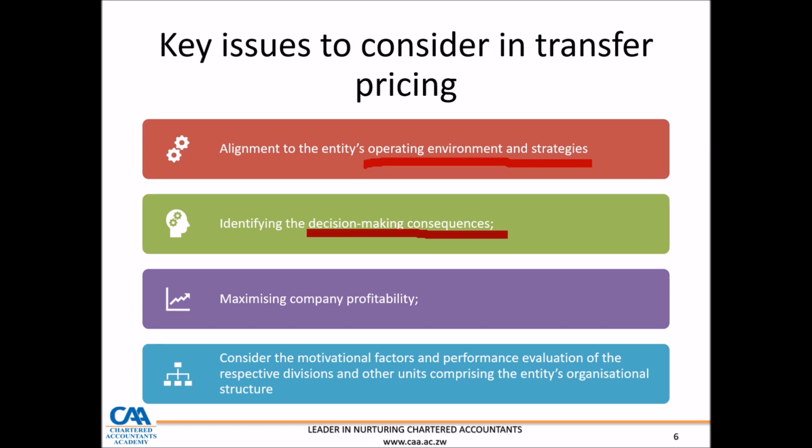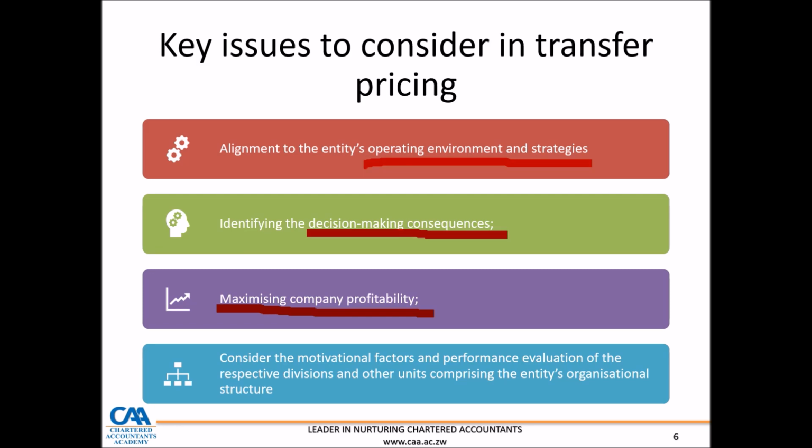But the most important thing is, whatever happens in terms of price, ultimately we want to maximize company profitability. Because as an example, we don't want division A to record a profit and division B a loss, resulting in suboptimal decisions being made amongst divisions, then compromising the company's ability to maximize its profit. So the transfer price to be identified or used should be the one that enables a company to maximize its